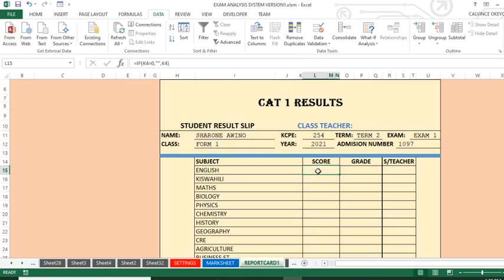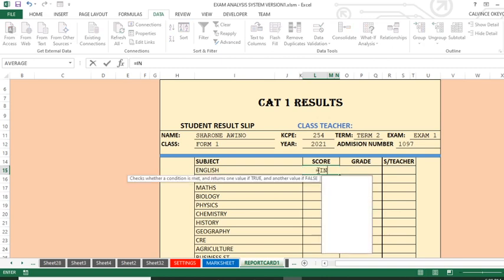So now we will be forced to do index match once again. We will be forced to do index match so that we are able to fetch the marks for that particular student. So now let us do index match. So we are going to have an equal sign, then you say index,